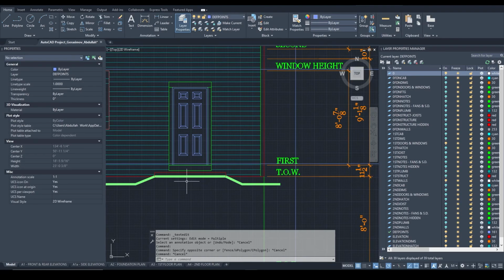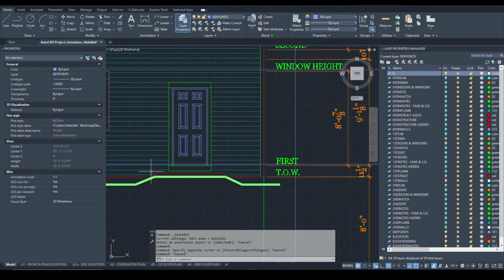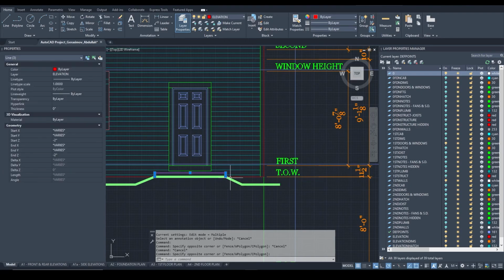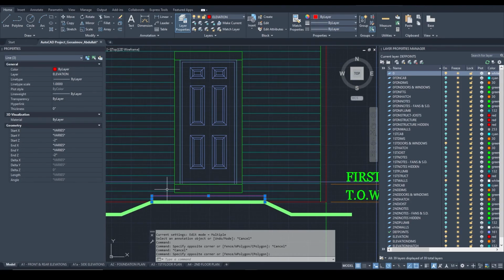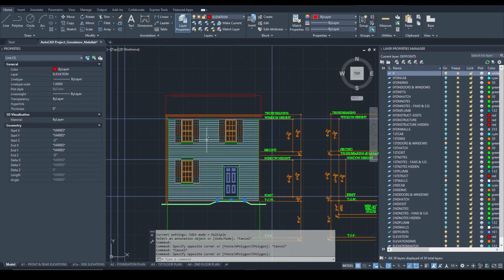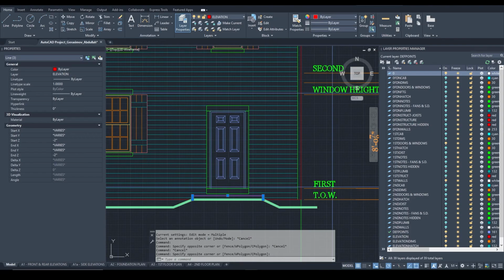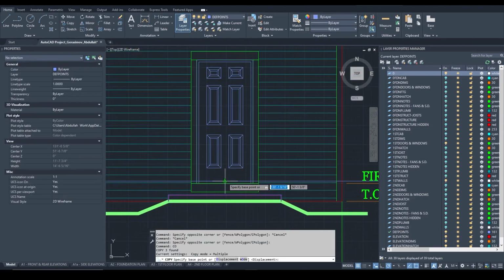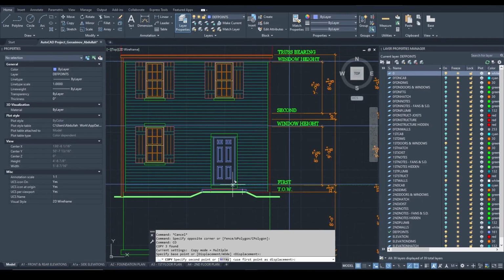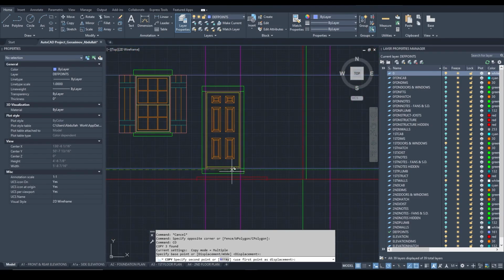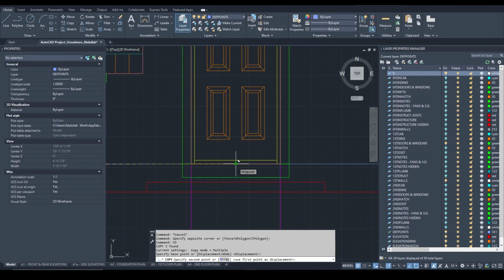Another thing that we're going to do is to create a concrete stoop. That is something you step on once you come in or come out of the house. Sometimes we draw foundations for them, but in this case, we're only going to bring grade to that point. So we highlight those 3 lines in our reference area. We copy them from the middle of the door, from the middle of the bottom trim of the door, and align it to the same location for our front elevation,